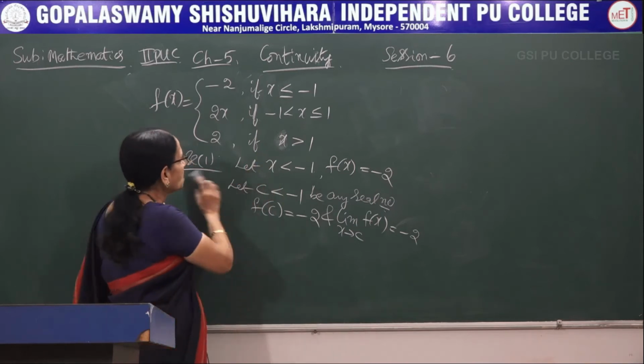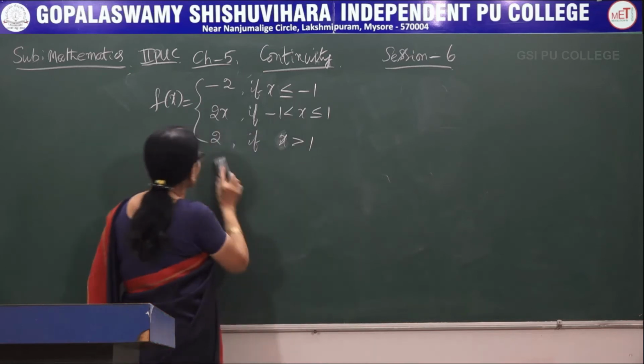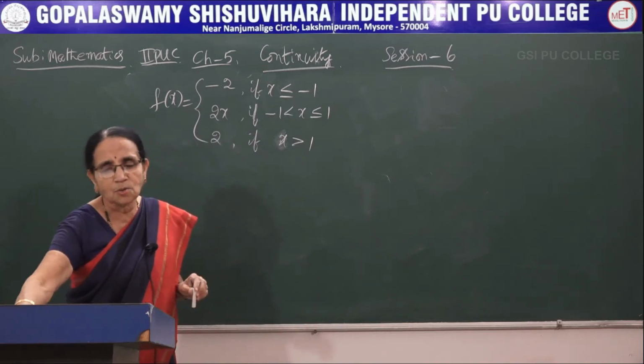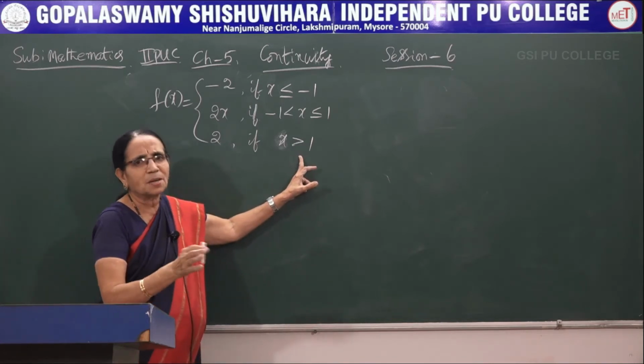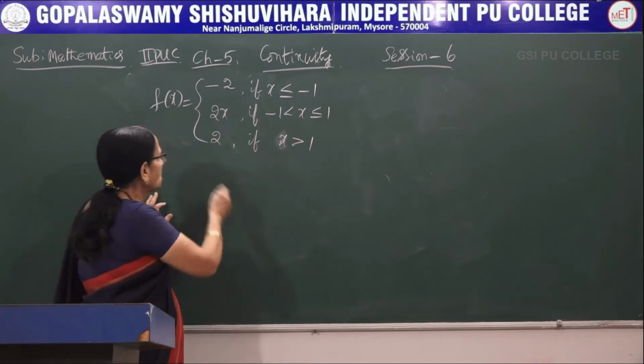That is, when x takes a value less than minus 1, it is negative only. Now, this being minus 2, a constant, the function becomes a continuous function. Now, take the next case. We always better take the extreme cases, then we come to the in between points. Now, second case,